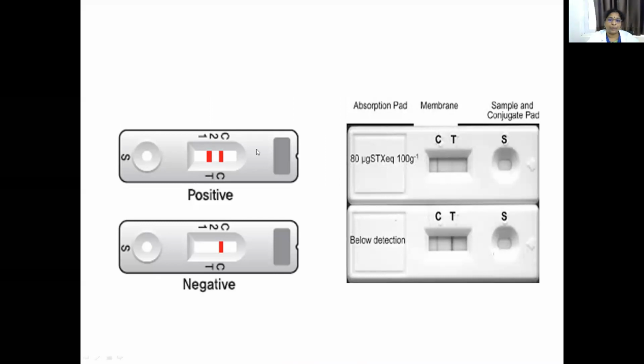So this is the rapid test kit that we use. It is called a cassette. We check for the colored bands after performing the test to tell whether it is positive or negative. We look for these colored bands in the control region and in the test region. Okay, so this is the rapid test kit, which is in the form of a cassette.